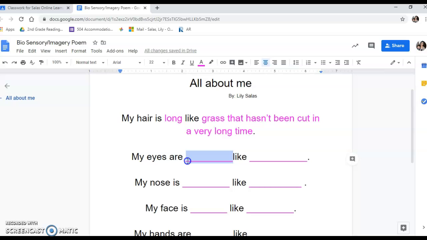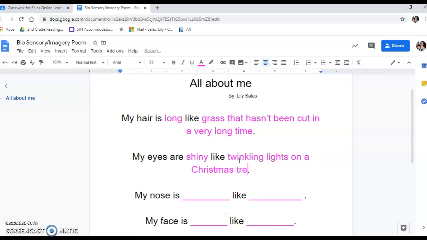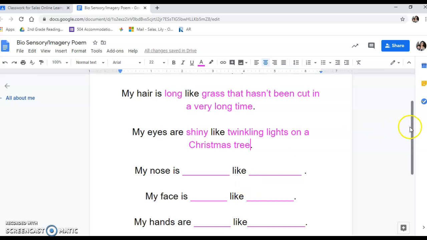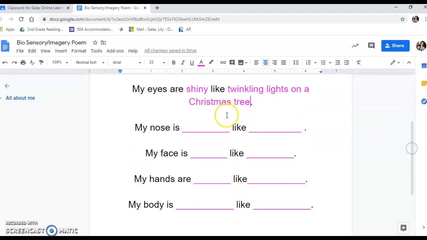My eyes are, I'm going to say they're shiny. Okay, and I'm going to think about something that's really shiny that I love. My eyes are shiny like twinkling lights on a Christmas tree. Okay. My nose, well, today as I was cutting the grass, it was getting very, very dry.